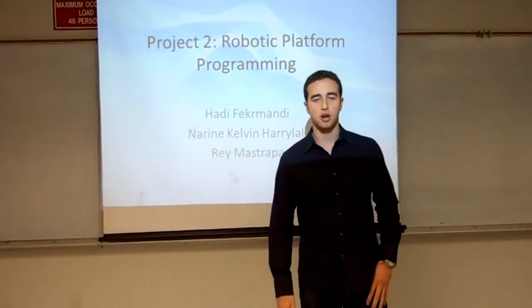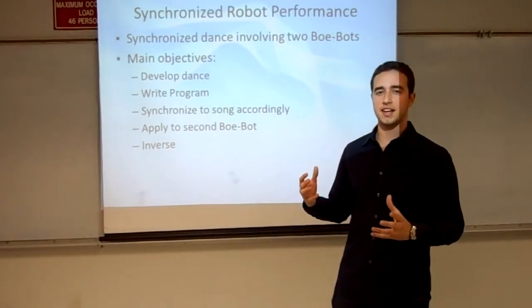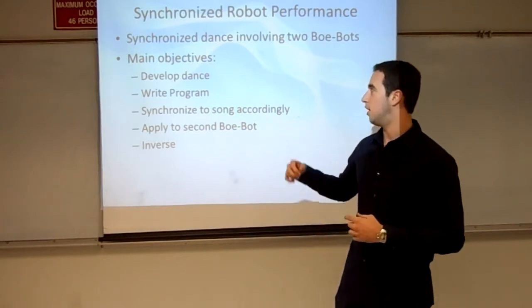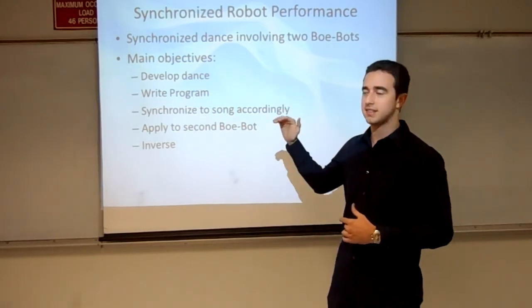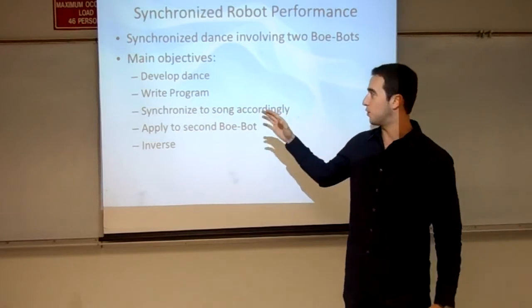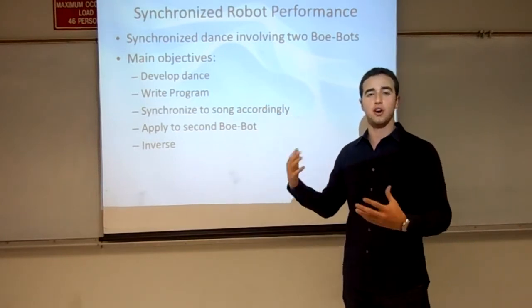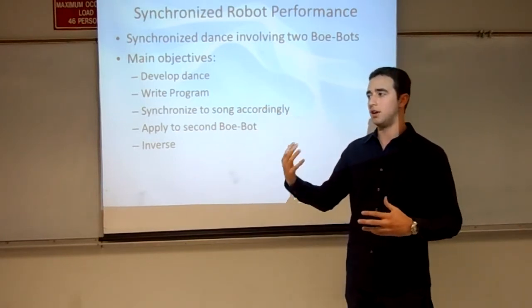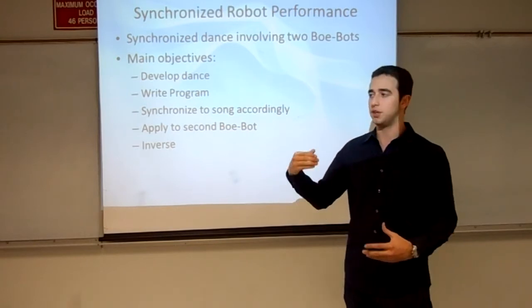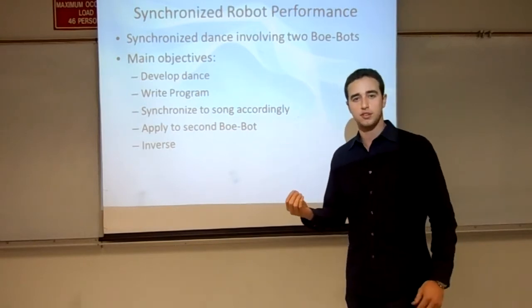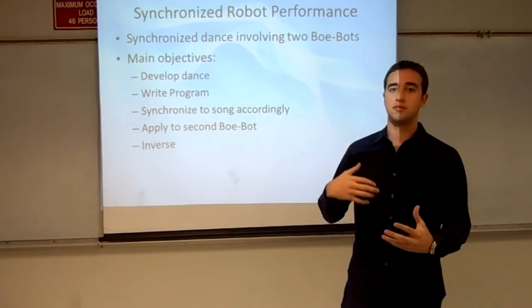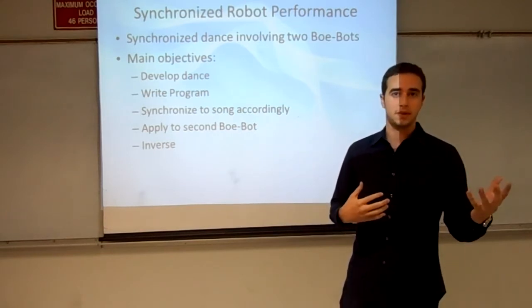For our first task in the project, we developed a synchronized dance for 2 different bobots. We divided the main task into 5 main objectives. The first one being to develop a dance and pick a song according to everything we've learned in class. We chose Tootsie by 69 Boys, which is a good application of what we've developed in class, including the programming